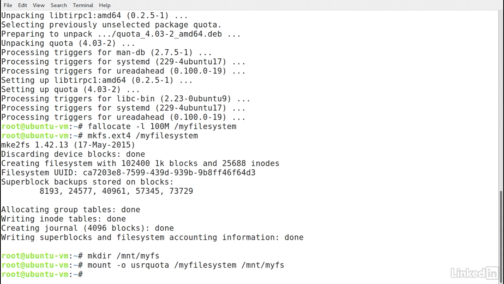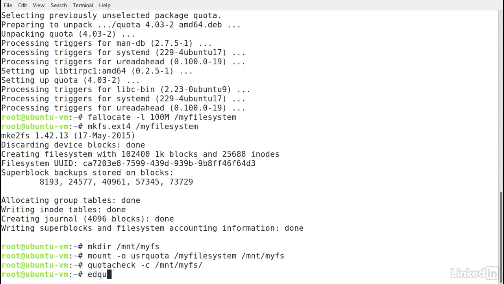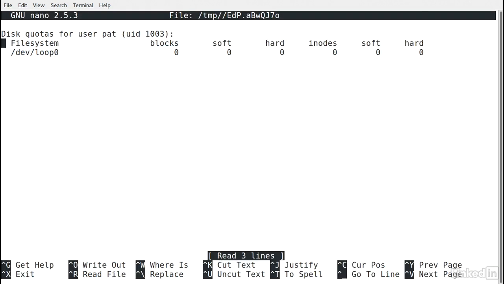And then we can create the quota files on the file system that has quota support with quotacheck -c and the path to the file system. Now I can use edquota to set up a particular limit for a user or group. Let's pick on Pat again and set their limit on this file system. We can add a path to the file system we want to enforce quotas on, in this case my loop